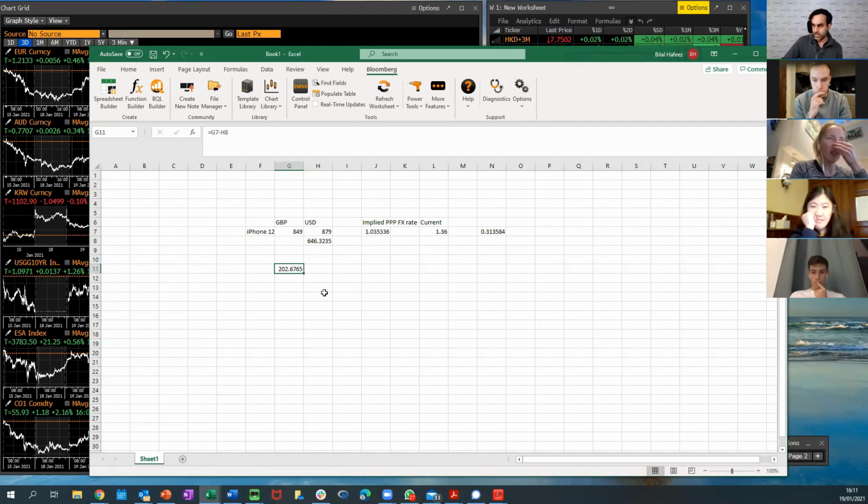So the pound has to weaken to a level where, if the pound weakened to 1.03, then the price would be exactly the same as the UK. This is the law of one price, basically. You have two identical goods. When you do the currency exchange rate, you'll find out which currency is expensive, which is cheap. And in this case, as you see, the pound's expensive. In theory, what should happen is that somebody should start to buy iPhones in the US in massive size, and they should start to sell the dollar